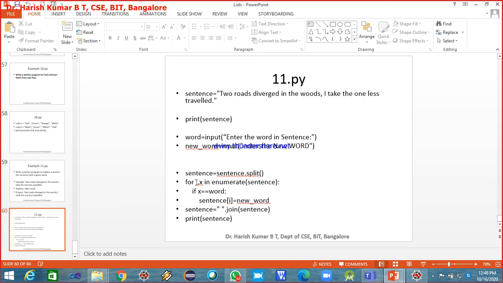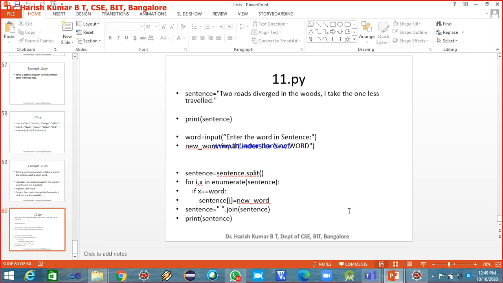Here I will track the index, and x will track the words. If x is equal to word, then I say sentence of i, because the index is also necessary, sentence of i is equal to new word, and finally I'll join all those words into a sentence by using space as the delimiter, by calling the join.